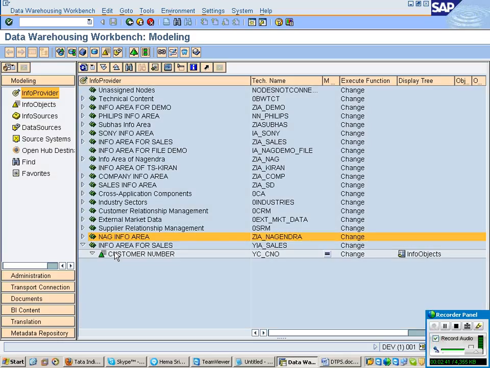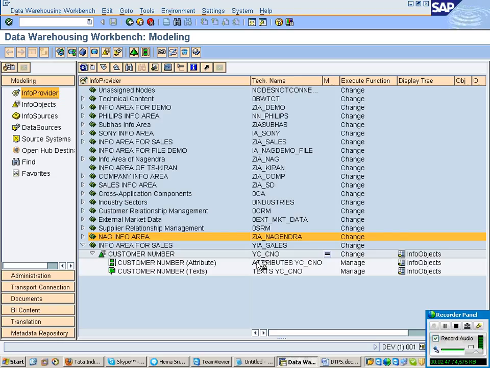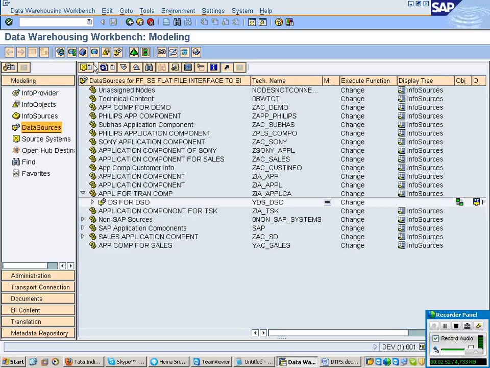So what was your target? Last class you have seen this was your target YC underscore. Under this we are loading these attributes. And what was your data source? First we created one interface between BI and file, that is called a source system connection. So first I am choosing my source system connection.